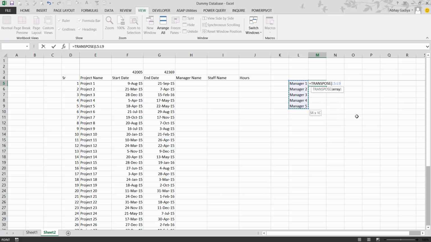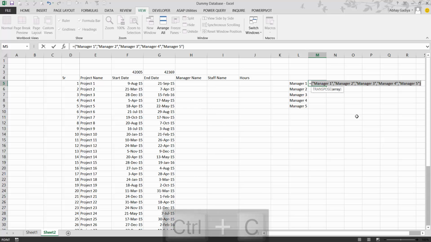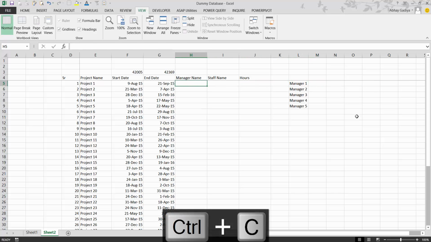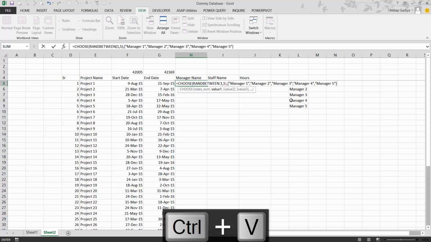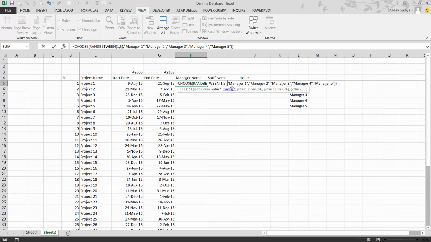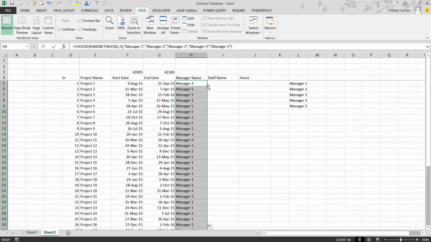Transpose this stuff, press F9, Ctrl C. Now start typing choose, and in the index we'll be using random 1 to 5. So I've just inserted a random function in the first option. Now Ctrl V, which we have copied over here, bracket close, remove the curly brackets and press enter. Done.